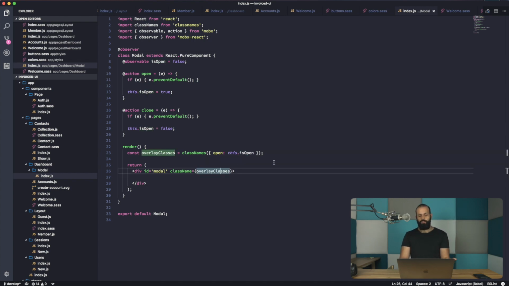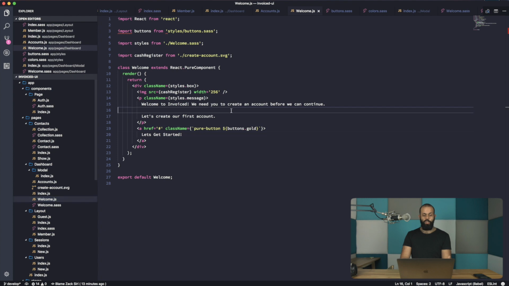Basically, we're not really going to get anything yet. So what we want to do now, this is kind of like the basic shell. It has everything we need, but it doesn't do very much. So what we're going to be doing is I'm going to import this, and then I'm going to use it in our welcome page. And then basically, the goal is we want to click on this button and make it